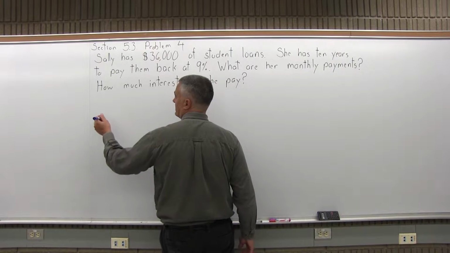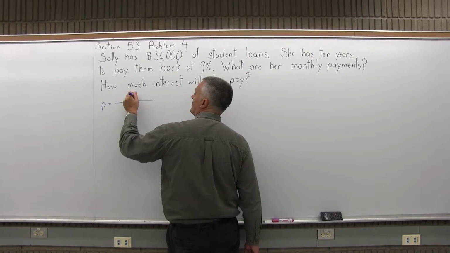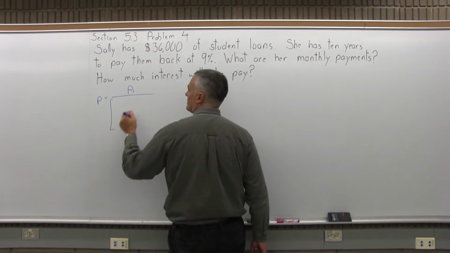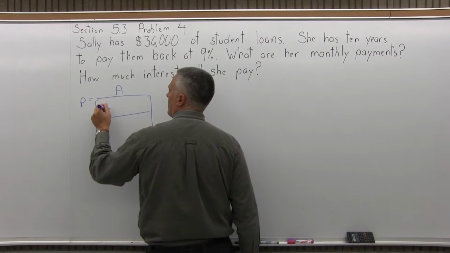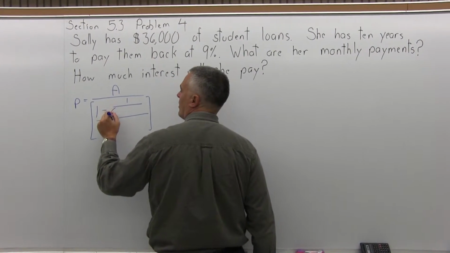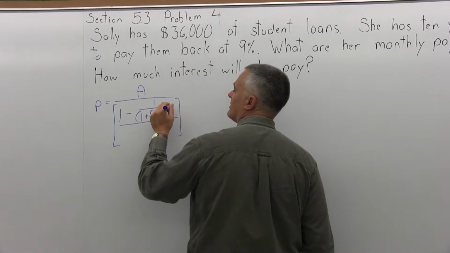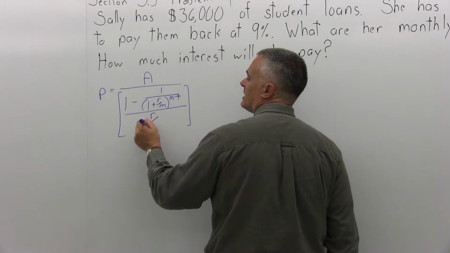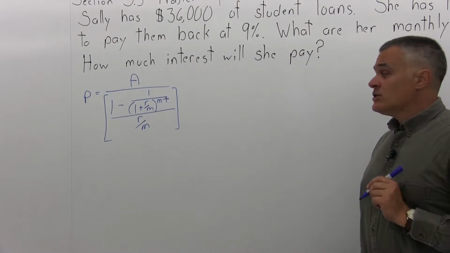The formula is P, the monthly payment, equals A, the amount borrowed, over some very large brackets. In the numerator of those brackets, you have 1 minus 1 over 1 plus r over m in parentheses raised to an exponent of m times t. In the denominator of the brackets, you have r over m. So to fill that out,